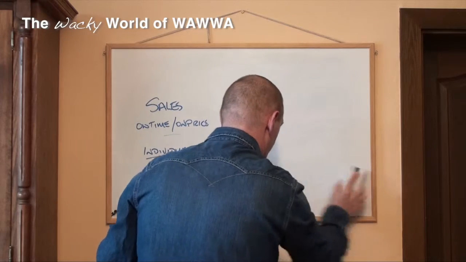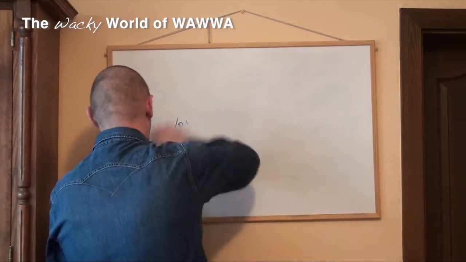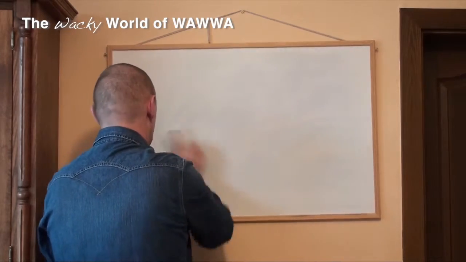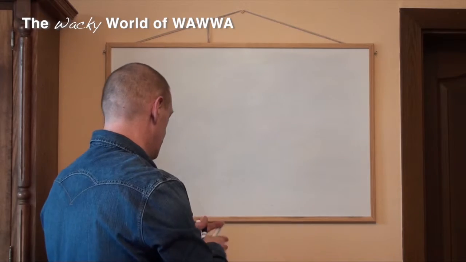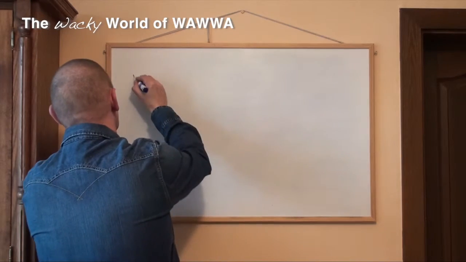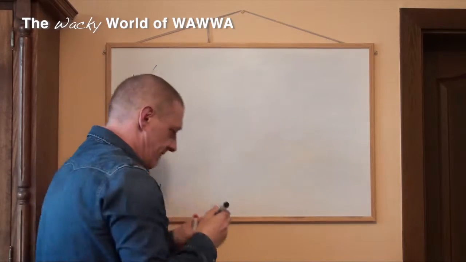The next area that we're going to cover, and I'm going to do it very, very quickly, is vision, mission, and values. Okay, so the V, M, V. Vision, mission, and values is basically a way for an organisation to express both internally and externally where it wants to be, how it's going to get there, and the behaviours that it sees as being the appropriate behaviours in order to deliver.